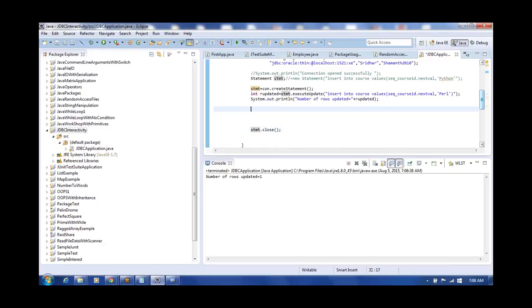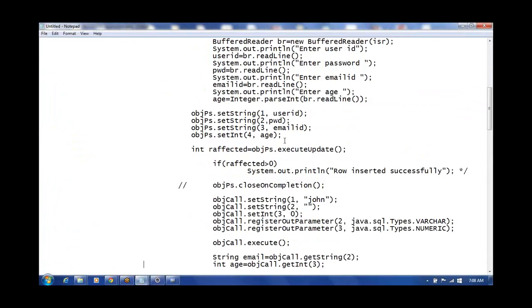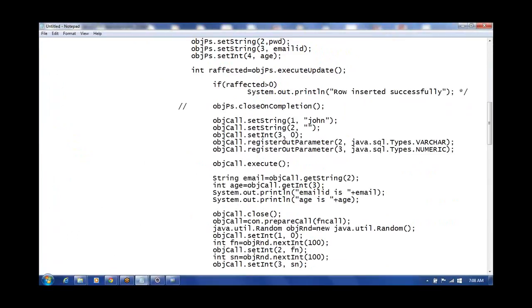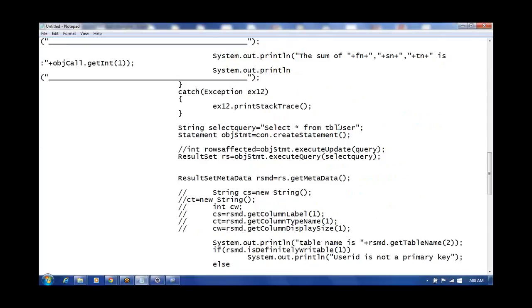Now instead of closing here, I would like to retrieve data from the database. For that purpose, I can use ResultSet. Using ResultSet, I retrieve data, then after that I will be printing it. So that is called the ResultSet. I can create one ResultSet here, and with the help of that, I can retrieve data. So take this ResultSet,